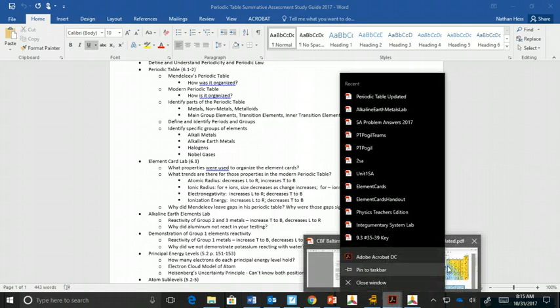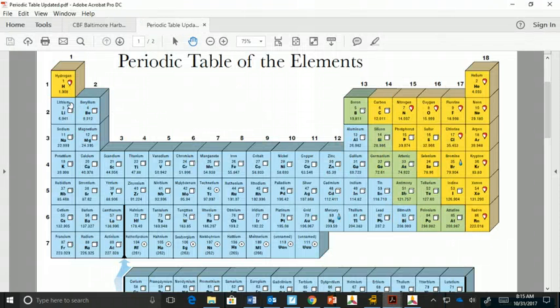And again, how I would test that would be to give you two elements and ask, which has a higher electronegativity, lithium or fluorine? And of course, you know it increases as I go to the right, so fluorine would be the answer. Same thing, lithium or francium? You know that it decreases top to bottom, so therefore lithium would have the higher.